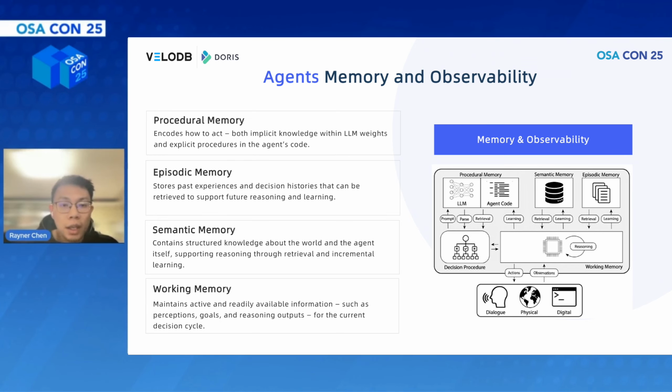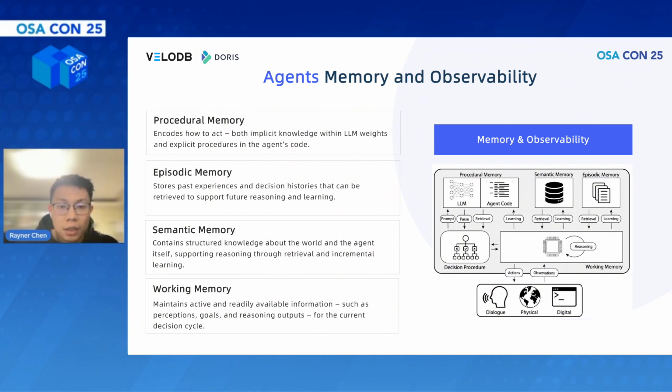Okay, so finally, we move to our third and final paradigm, agent-facing analytics, which focuses on agent memory and observability. A smart agent needs robust memory, so Doris supports the underlying data for these memory types. The first one is procedural memory. This encodes how the agent acts, like implicit knowledge in the large language model weights. The second one is semantic memory. This is structured knowledge about the world, supporting reasoning and learning. The third one is